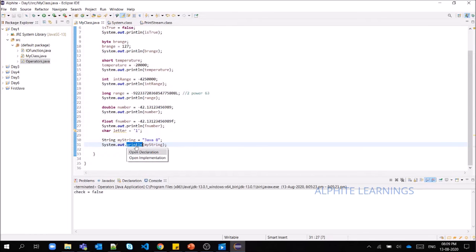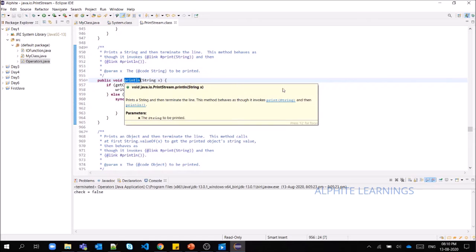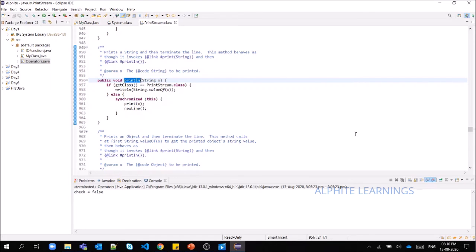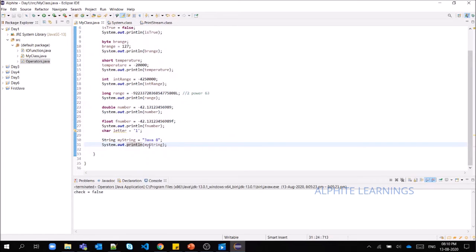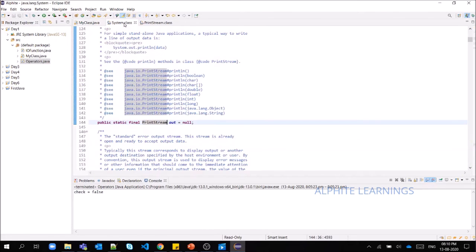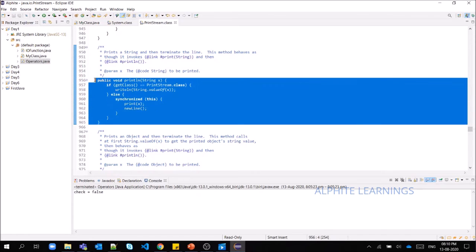And println is the method, the output method. Whatever you give inside this method, if we give my string, then internally that my string gets passed here and gets processed as defined inside this method.